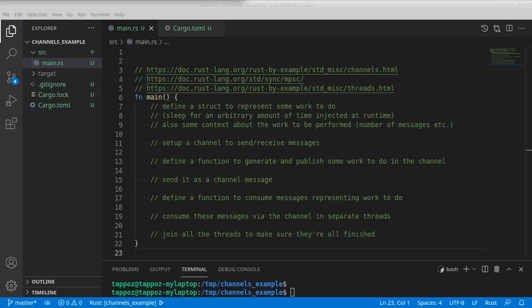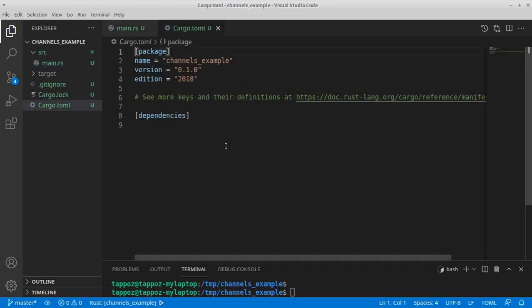Hello and welcome to this tutorial on how to do concurrency with channels in Rust. So this is our project. This time we won't be adding any dependency to our cargo.toml file because we're going to use only code from the